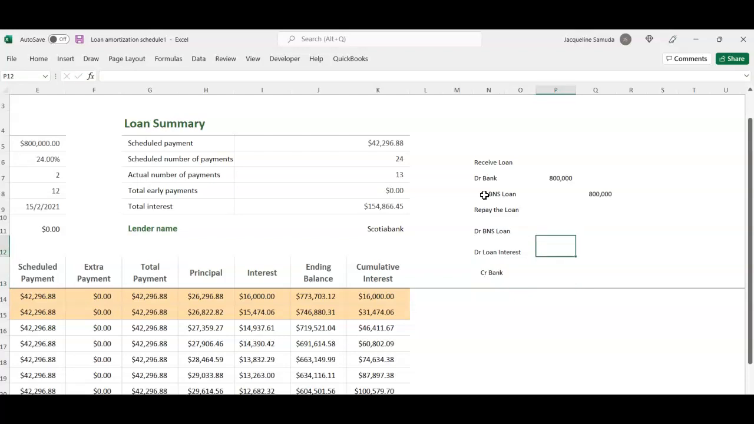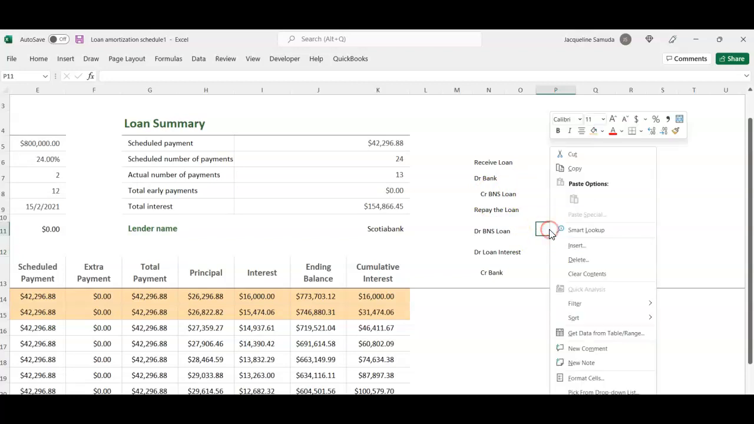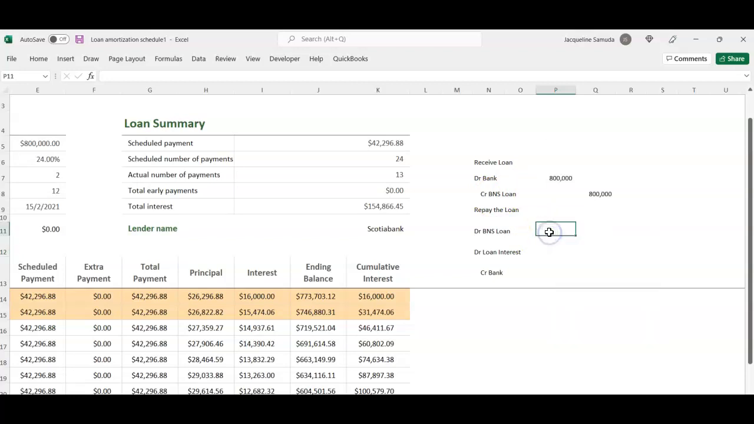So if we look at our first line, the portion that is principal will be debited to the loan account, and this figure will be 26,000. Here it is, 26,296.88. The interest portion, which is this figure, will also be debited, and then the bank will be